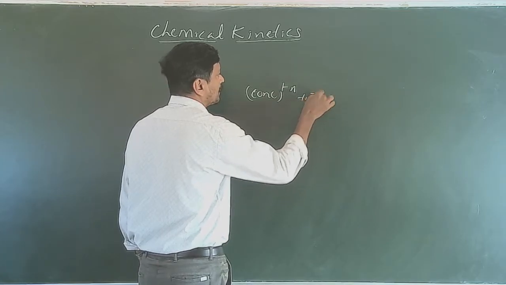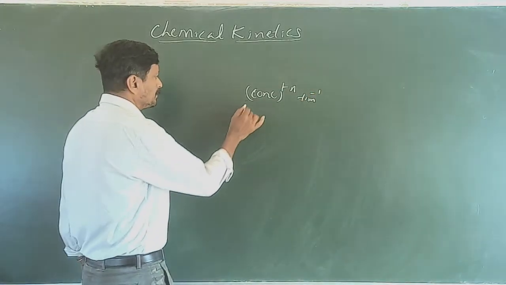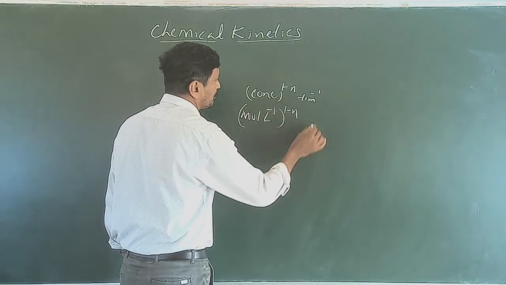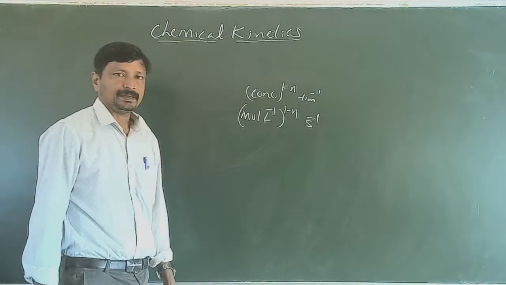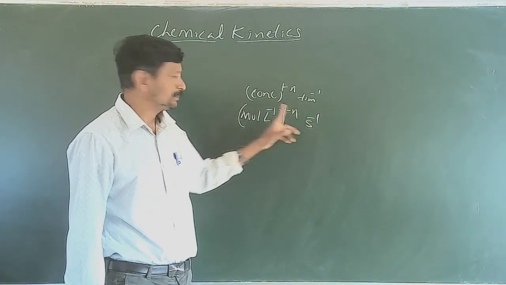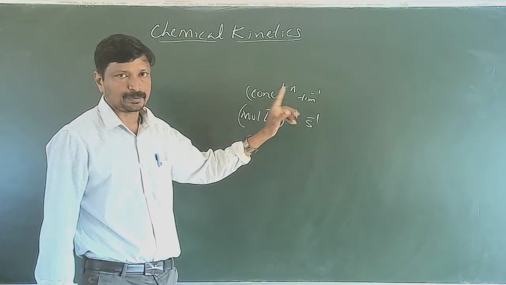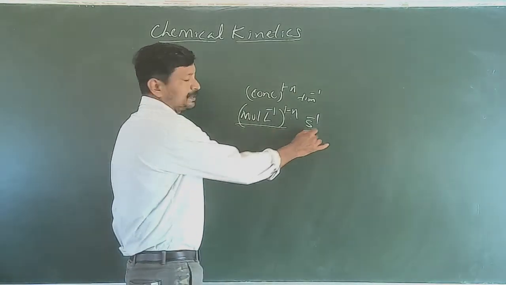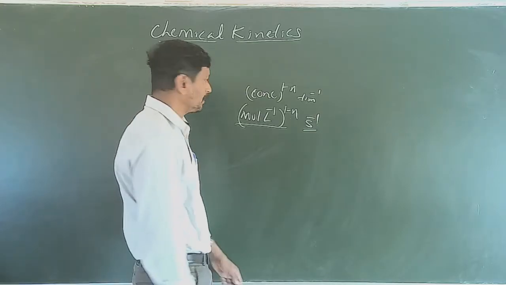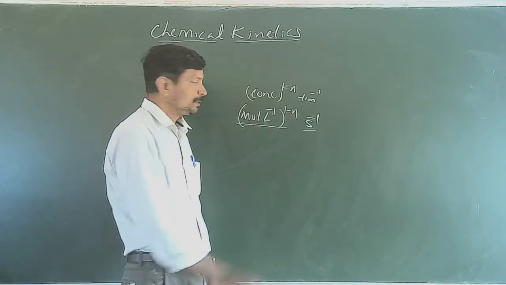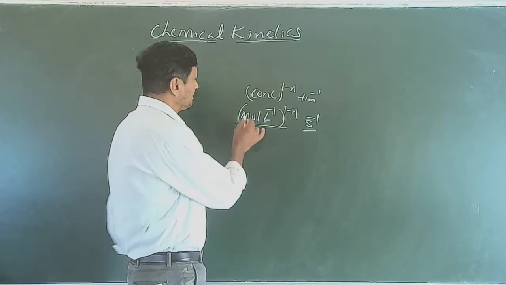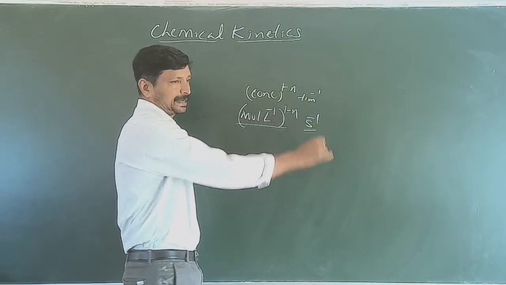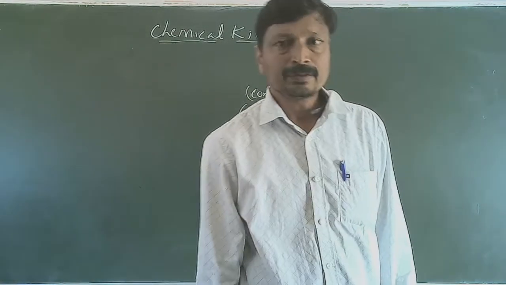Time per time. So, concentration unit is what? Moles per liter raised to 1 minus n. If time is in seconds, then it is per second. If n is equal to 0, then moles per liter per second, zero order reaction. For first order, n is equal to 1, then this term becomes 0, so per second or per time. For second order reaction, n is equal to 2, 1 minus 2 means minus 1, moles per liter raised to minus 1 means per mole liter per second. So, these are the units of K.